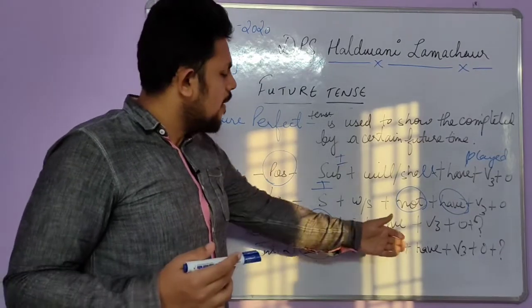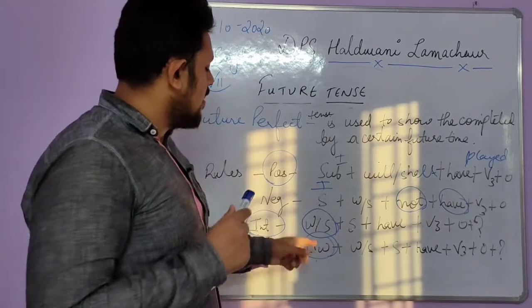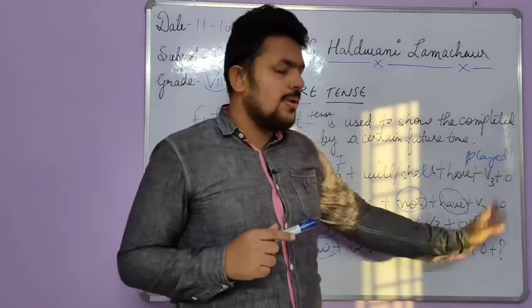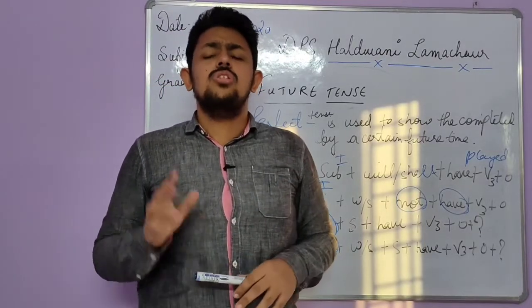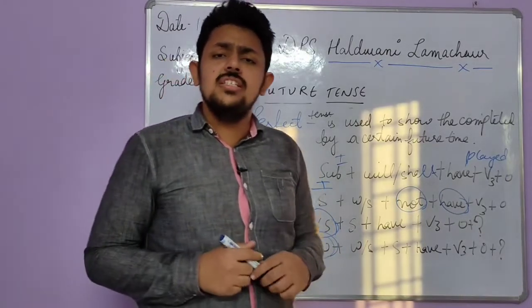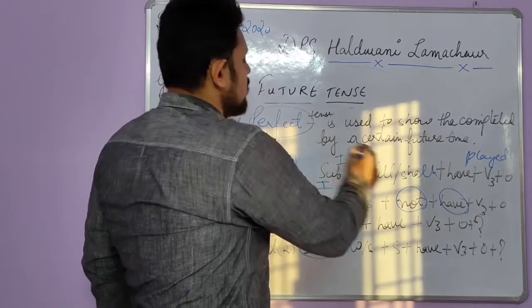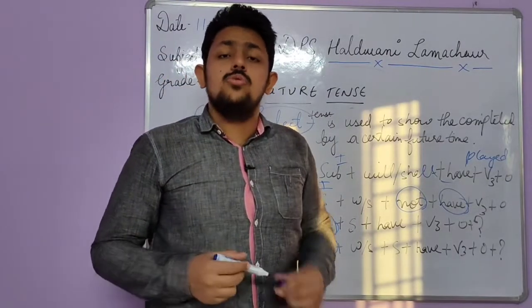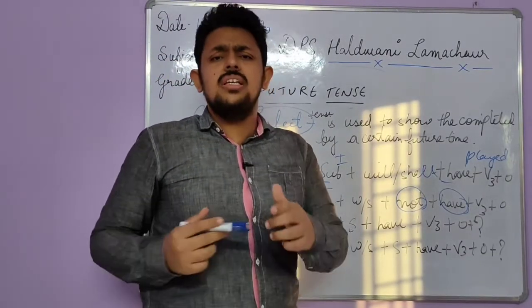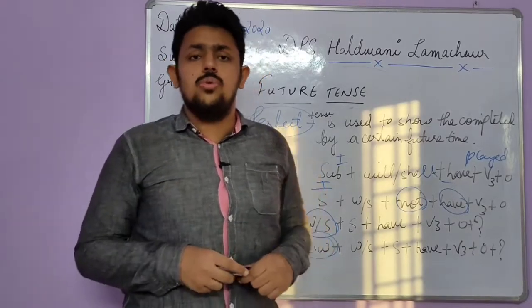When will I have played cricket? I have solved this for you also. Okay. When will I have played cricket? So it was very simple. You just have to see what the changes are. Like in this perfect tense we are using have. In the continuous we are using ing with be. So these are the changes that you have to do in your sentences, and you get to know that you